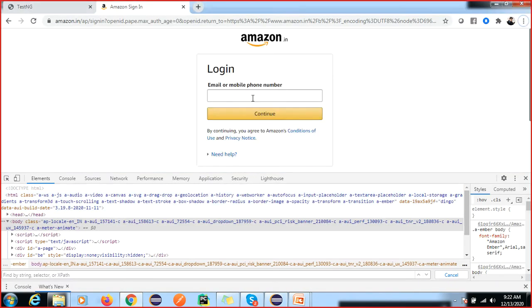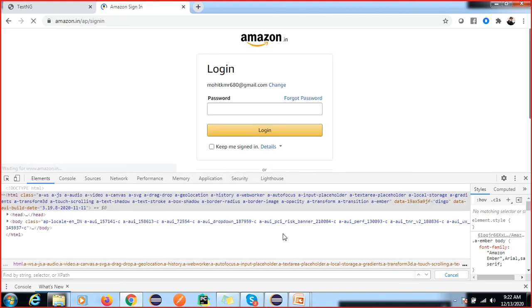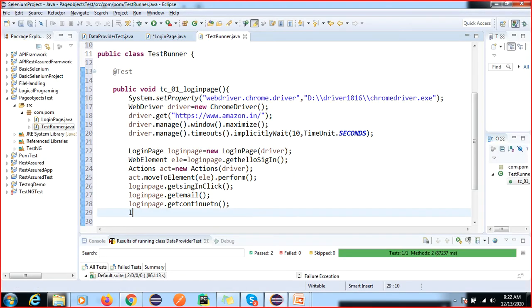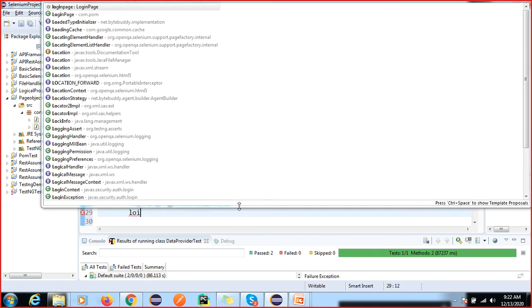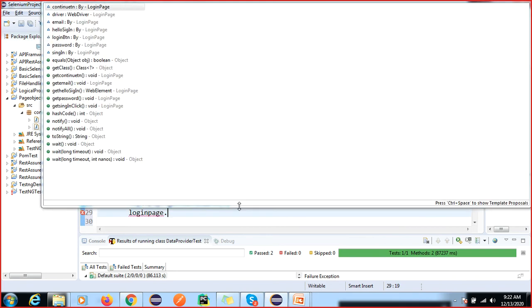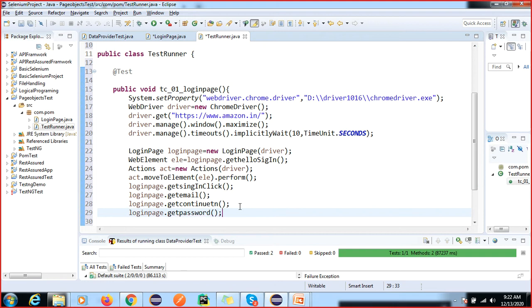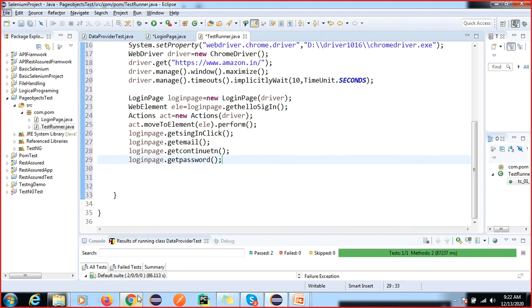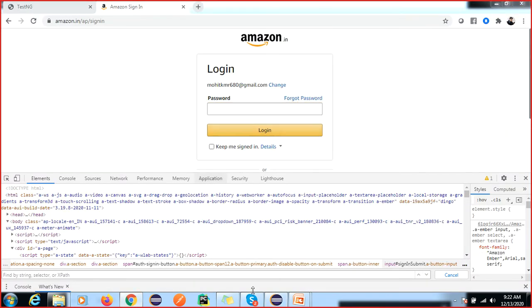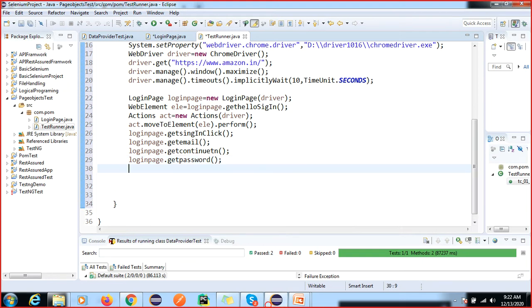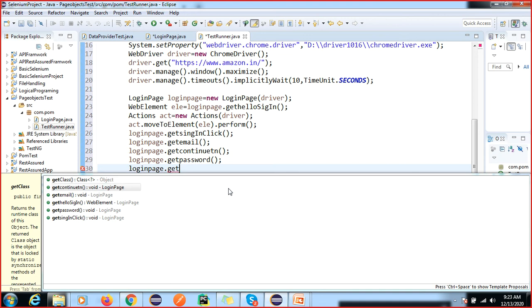After that, okay, so what you have to do, again enter your password. So call this method login, oh sorry, login dot get password. Then again you have to click on login. Okay, so login button, so login dot get login.